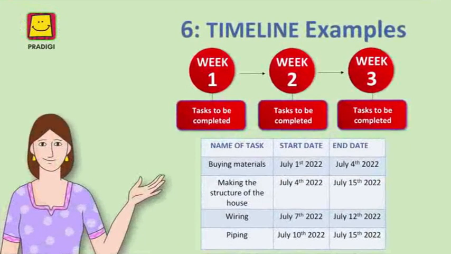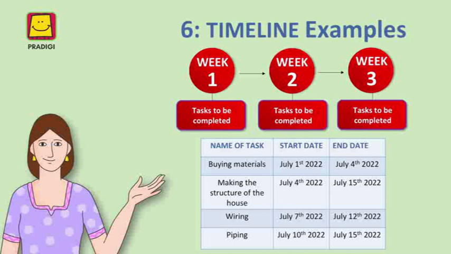There are many different ways to make timelines. Two examples are shown. Number 1. If you are unsure of how much time each task will take, you could make a weekly timeline in which you list all the tasks that need to be completed in a given week. Or number 2, if you are certain of how much time each task will take, then you can add the date a task will start and the date it will end in the task list that you made in the